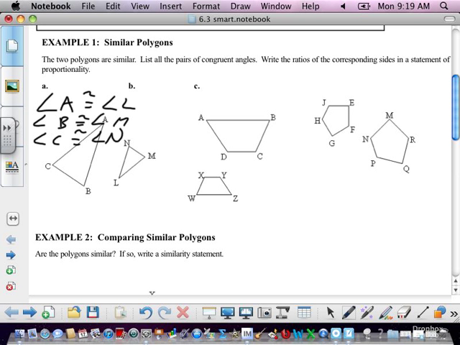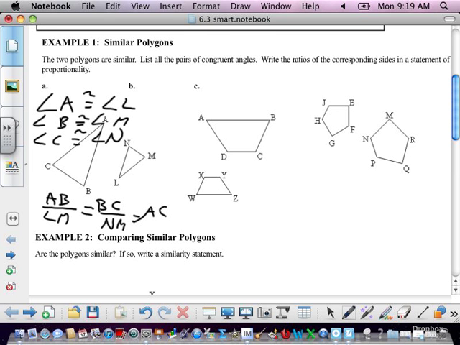So if we have side AB, which side would AB match? LM. So they have a ratio which is equal to BC over NM, which would equal AC over